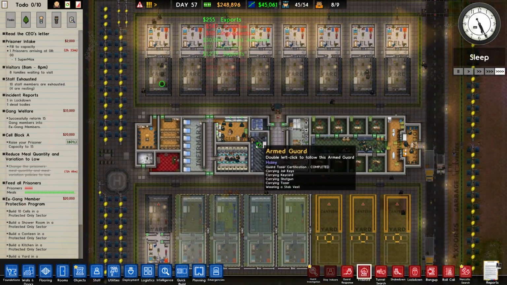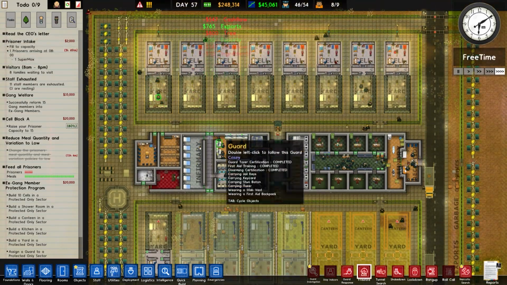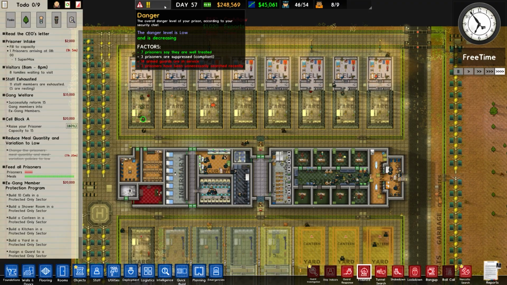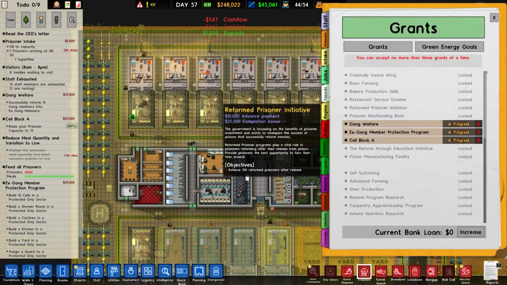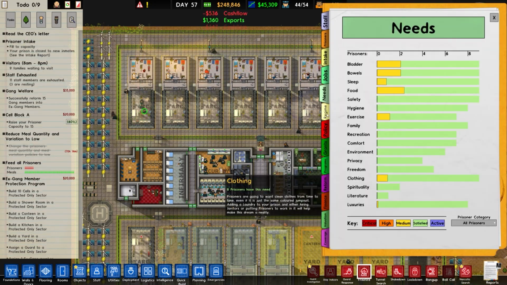Let's see if we can get on with that one. See how we fare. Danger level is flying up, which I'm guessing is because of the food as well, we'll have a food issue now. Yeah, there is a bit of a food issue. Okay, but it is lockup now, and...